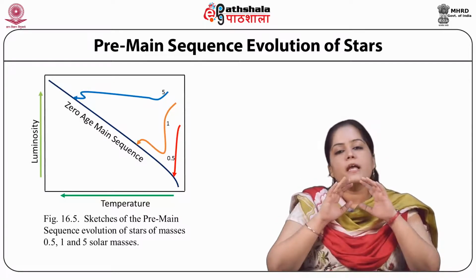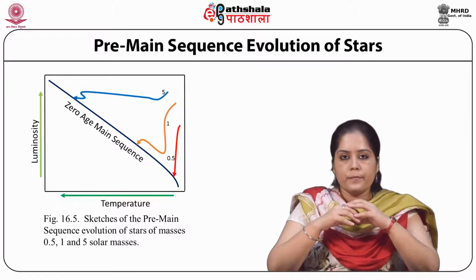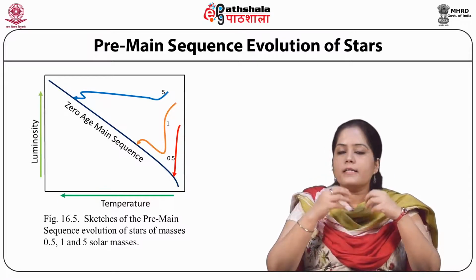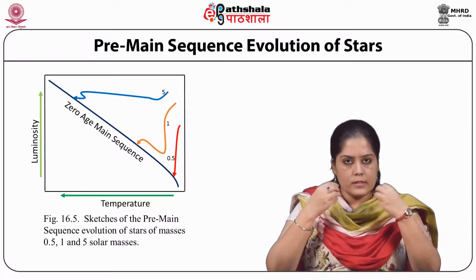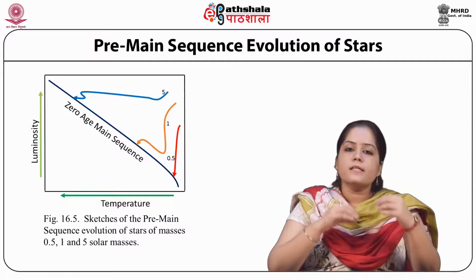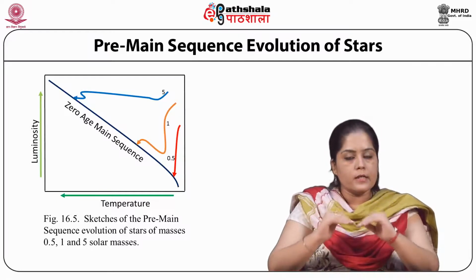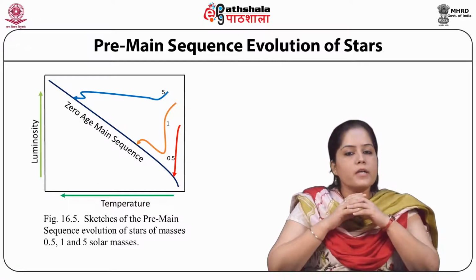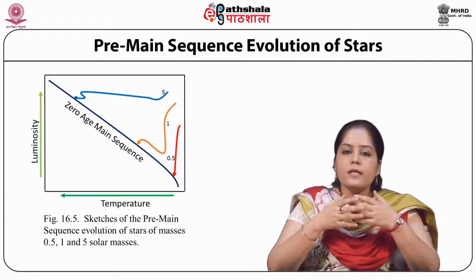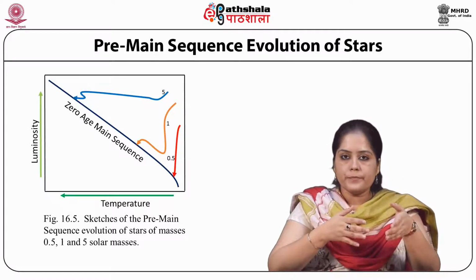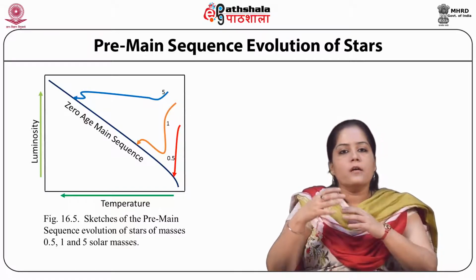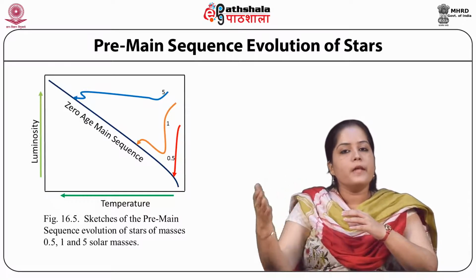Nuclear reactions cannot ignite inside it. So it keeps contracting again and again. Under gravitation, the density and pressure inside it increase. A part of the energy released by the gravitational contraction increases its surface temperature, and the protostar starts moving to the right on the HR diagram